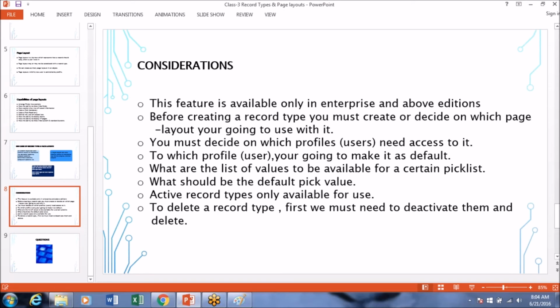So let's say in real time when you get a requirement, they ask you to create a record type. Okay. You need to question them. What fields should be available in the page layout? Can we use the existing layout, or do we need to create a new layout? And who are all the profiles? Nothing but who are all the users who need access to these record types. If they say the user names, you can give access to that user's profile, so that when that user logs in, he will get access to that record type and page layout. Okay. And what should be the default pick list value? Someone says that I want this pick list value to be populated by default.